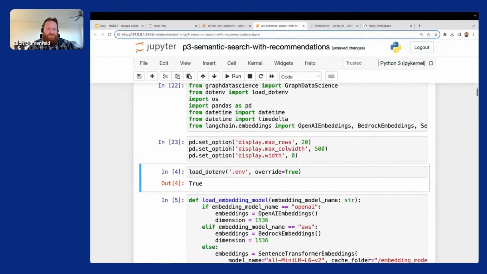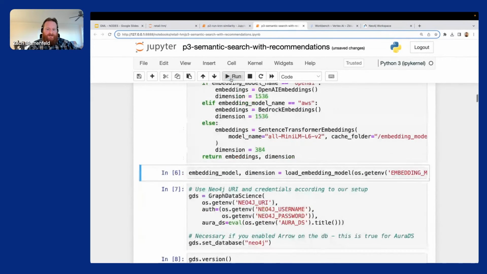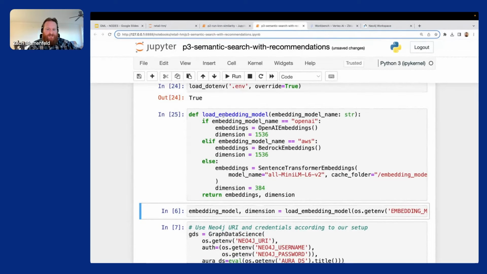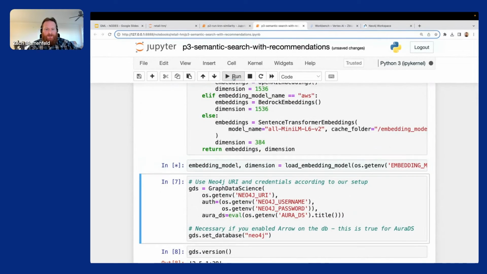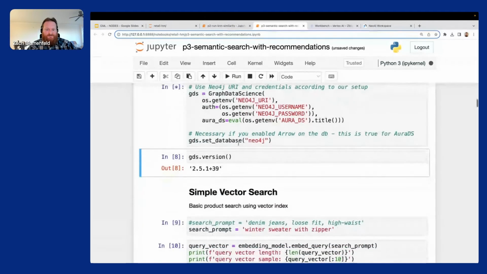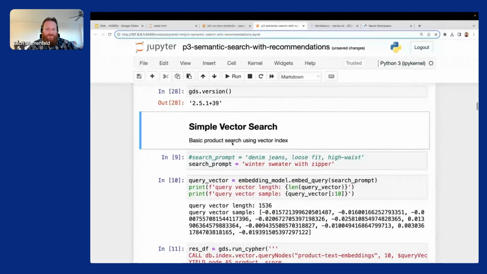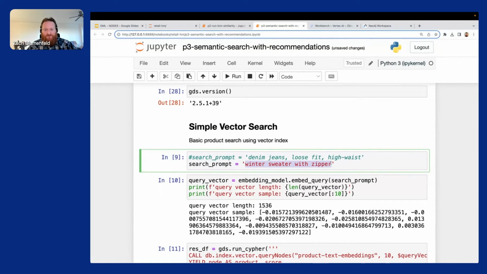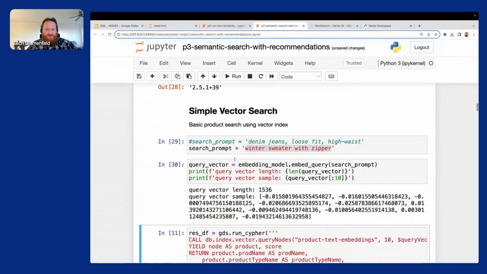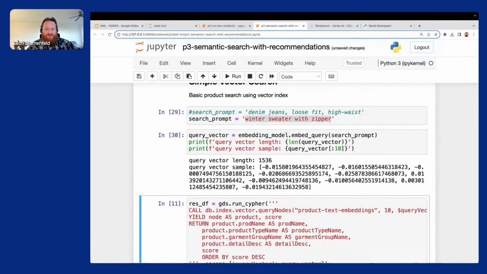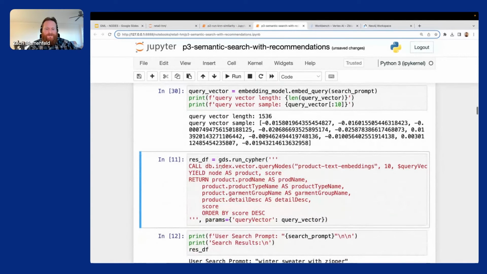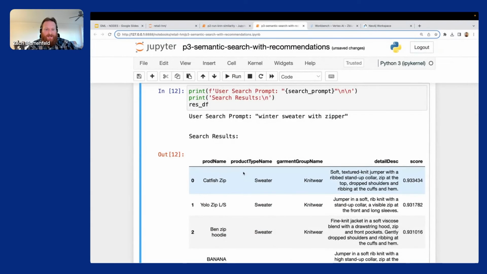I'll run through here. In this Python notebook, all I'm doing is connecting to Neo4j, and I'm going to load, in this case, an OpenAI embedding model. You're not able to see the environment variable, but I'm going to use OpenAI. And before I even get into anything graph data science, I want to show you a simple vector search. Say we have a prompt from a user to search for a product, say winter sweater with zipper. If I use OpenAI, it'll give me a text embedding vector. And we have a vector index inside of our product. What that allows you to do, if I run that,